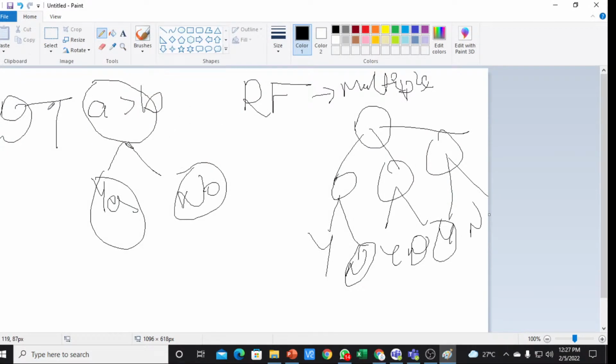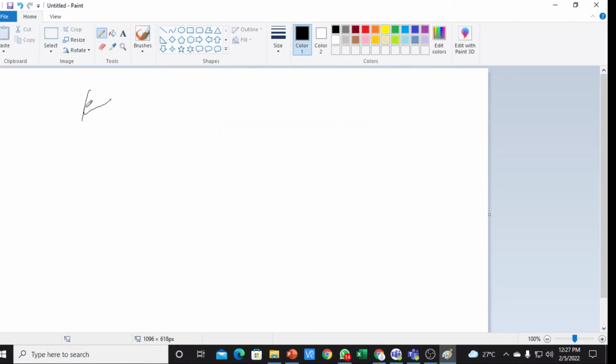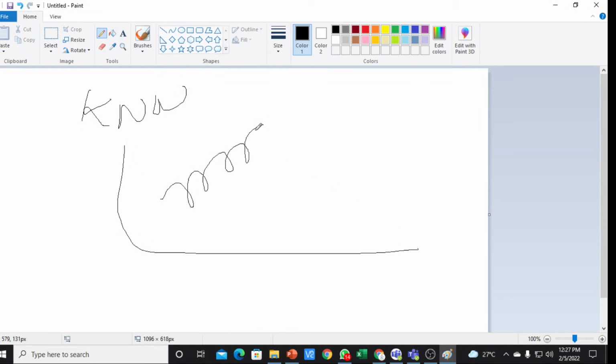We have discussed decision tree and random forest. Now we will discuss KNN. Suppose I have two types of information plotted in my graph. One type of information is represented with one pattern, and the other type of data is represented with this other pattern. Whenever new data is given, it will acquire the nearest neighbor cell and assign